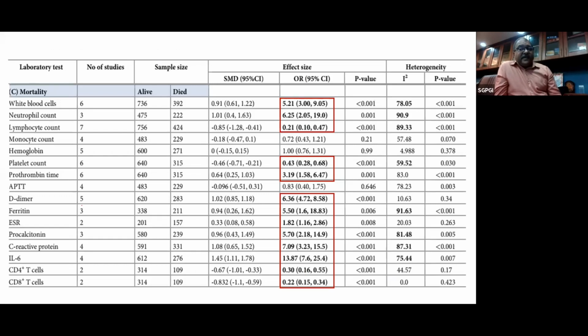Not only between severity, but also if you have a high WBC or high neutrophil count and persistent lymphopenia, then these patients are likely to have an adverse outcome in the form of non-survival or mortality. And the same is true for platelet count. Generally, we have seen that patients who are active have a high platelet count, but patients who have a poor outcome have a low platelet count. And the same is true for prothrombin time. Elevated prothrombin time or bleeding diathesis can be seen in patients who are likely to